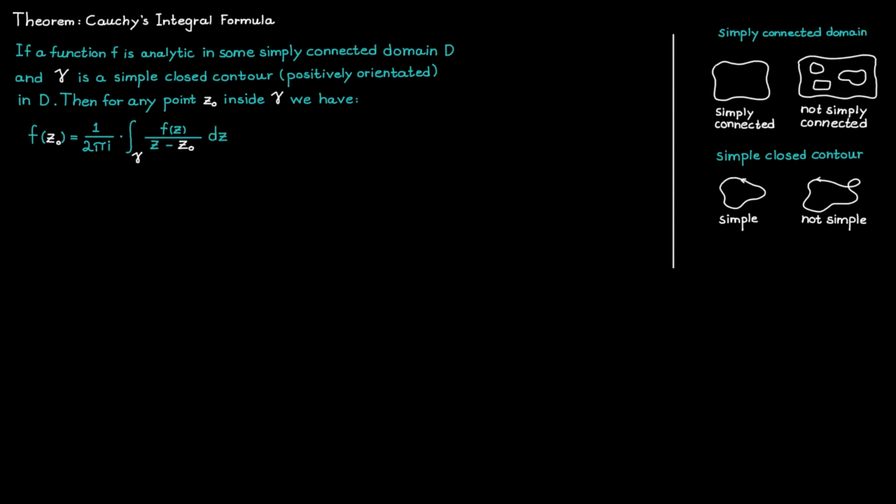The main consequence of this theorem is that if you know all the values for a function on gamma, then you can determine the integral, and hence all the values inside of gamma, by using this equation. So by merely knowing how a function behaves on gamma, you know how it behaves for all the points inside of gamma. In other words, an analytic function's behavior in some domain is simply determined by its behavior on the boundary of this domain.